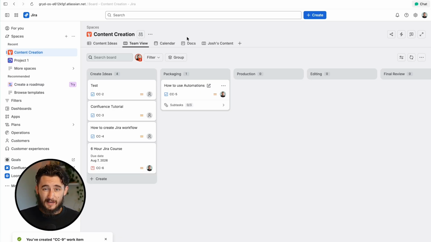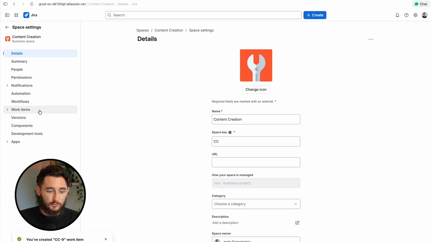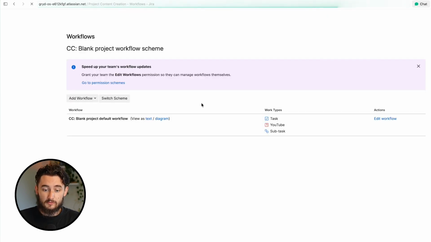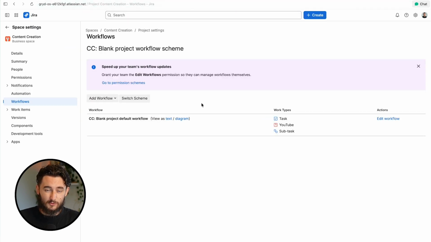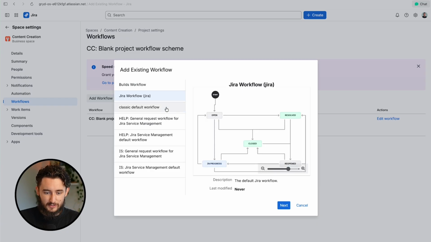But you have to strike that balance of how much restriction we need so that we actually adhere to the process versus keeping things simple enough to actually be utilized. So let's go to our space settings. And in here, I'm actually going to create a brand new workflow, either a template one or add a workflow that already exists. And the goal would be to break out the subtasks into their own very basic to do, in progress, done style workflow. So we'll add an existing one,